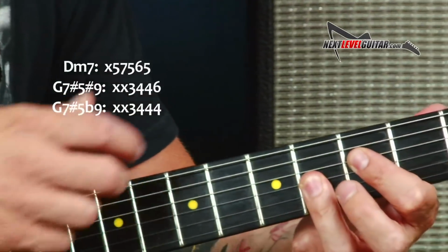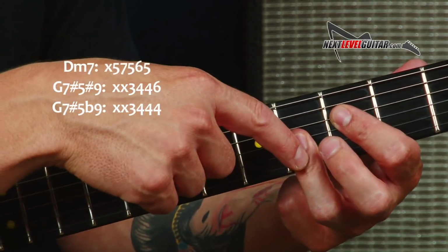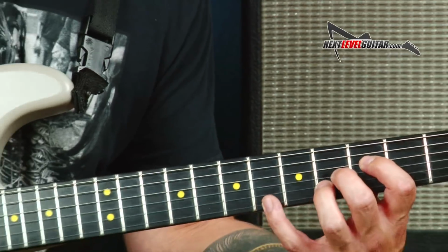In the key of G, A is my 9 or my 2. So when I hit that note, it makes them sharp, and when I hit that note, it makes them flat, because that's normally my A. So that's how we're keeping that straightforward. So if I go like this,